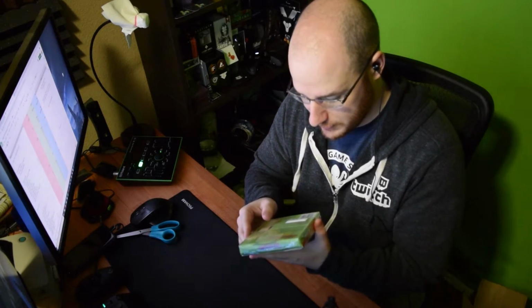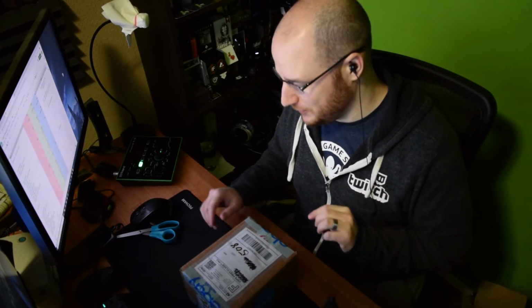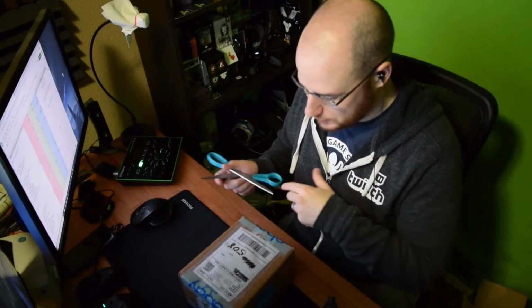But the seal looks good. Still got the security tag on the back, as you guys can see. And it'll be a nice addition to my collection. So excited about that. All right, on to the next box, which I think actually is going to be very, very similar to that one. Not to try to spoil anything, but